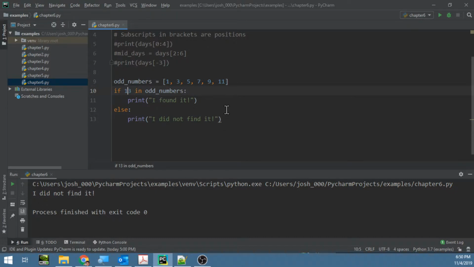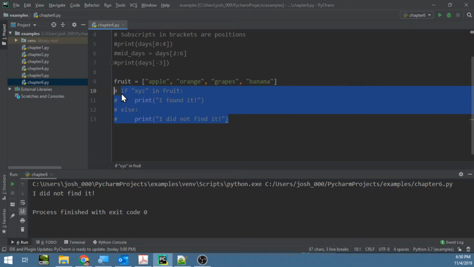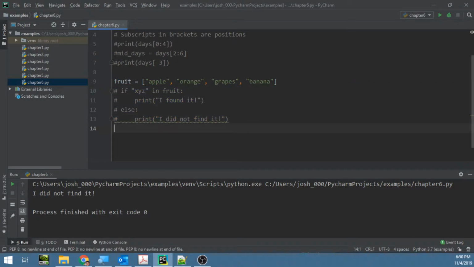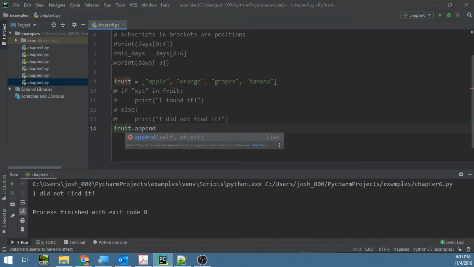Now, what about, let's go back here. Let me just undo these changes back to the fruit idea. If we comment this out for a moment, keeping our fruit list though, we can do some other interesting things with lists. We can append something to the list. We can say, I want to add a pineapple to the list. And now if we print the list,